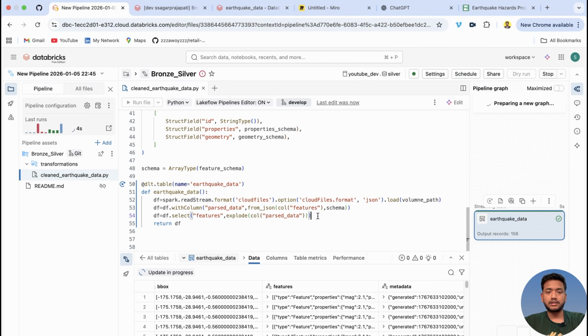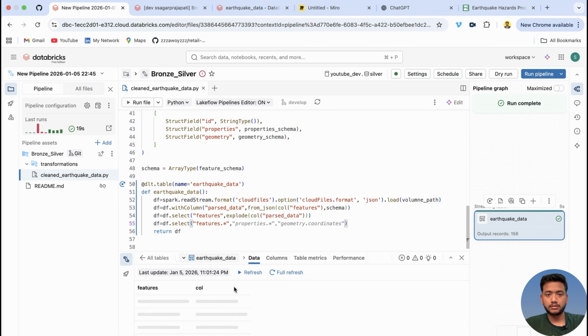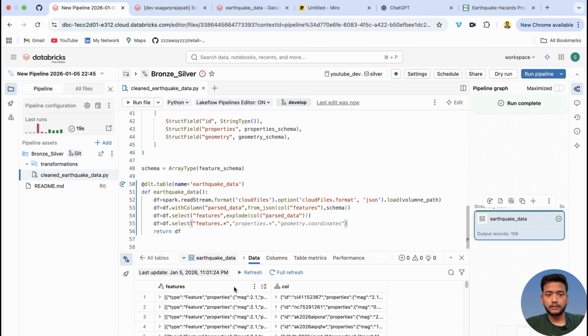And now once it is done, then I'm gonna write df.select. What I want is features.*, comma, and the column is also coming. Okay, remove this and put it here, alias features. Okay, and now what I want,